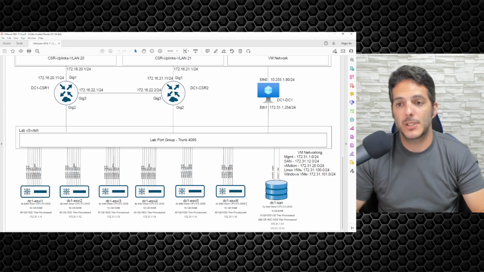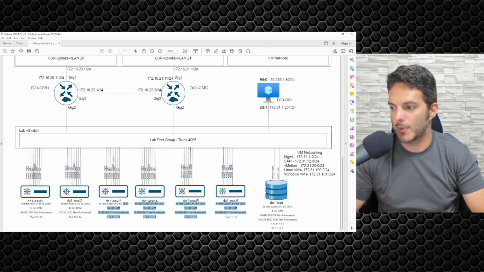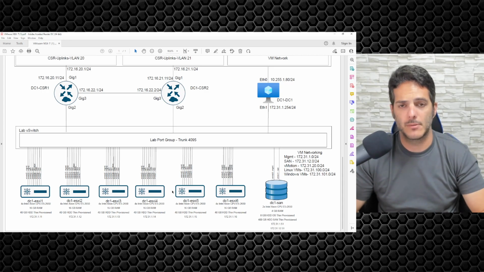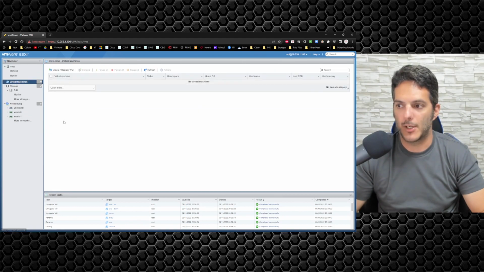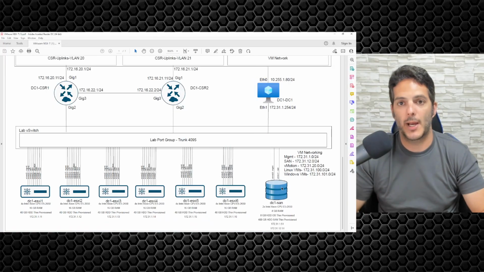Now, for clarity's sake, not described here, these hosts right here, all these guys, are going to be running in a nested environment. When you see them deployed, though, inside of this right here, when you see them rolled out here, they will all show up as one list of virtual machines. That's why I have this laid out the way that I do, because the storage array is going to be laid out